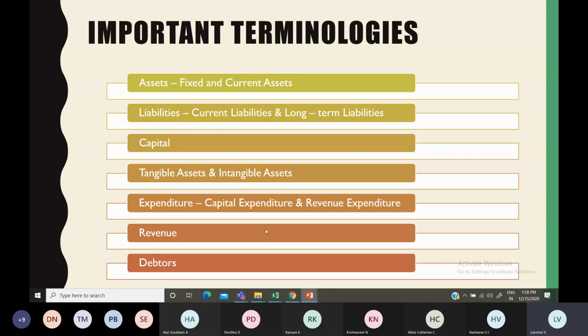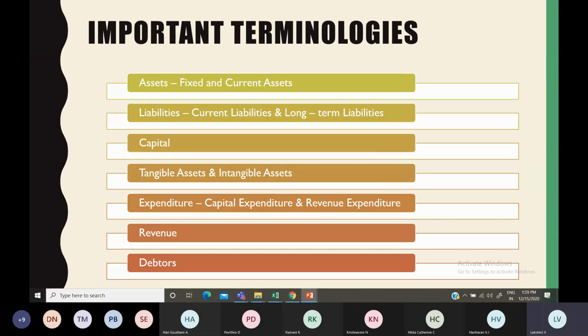Okay, receipts itself: capital receipt and revenue receipt are there. Like selling machinery, every now and then you may not sell the machinery, and out of that you won't earn money. So 5 years or something like that you will be using the machinery or the furniture. If it has got old, then you will be selling that machinery or the furniture, and out of that you will be earning some income or cash. So those are all capital in nature.